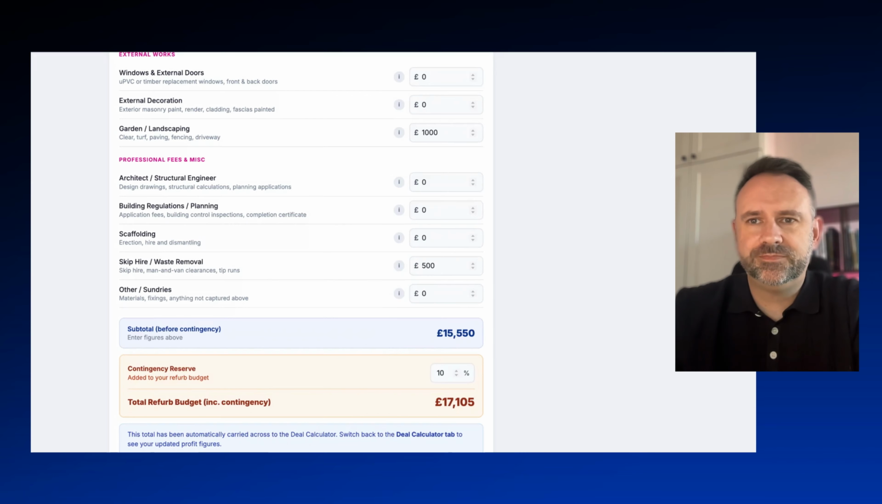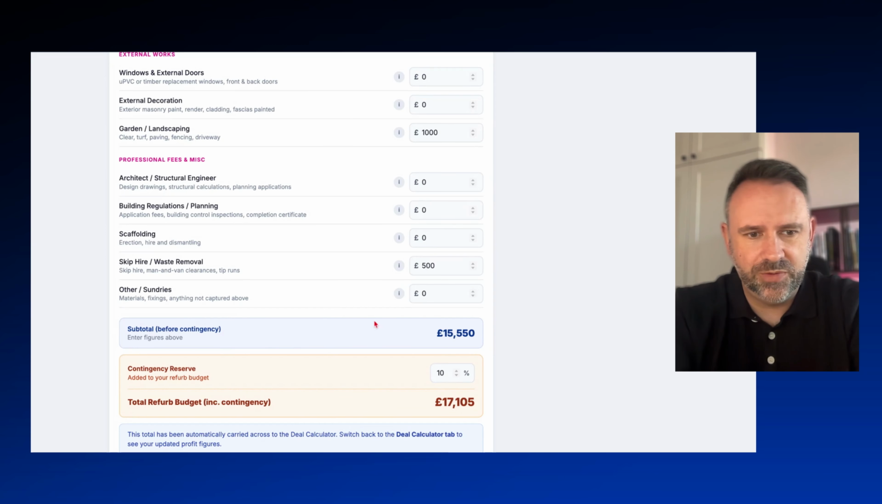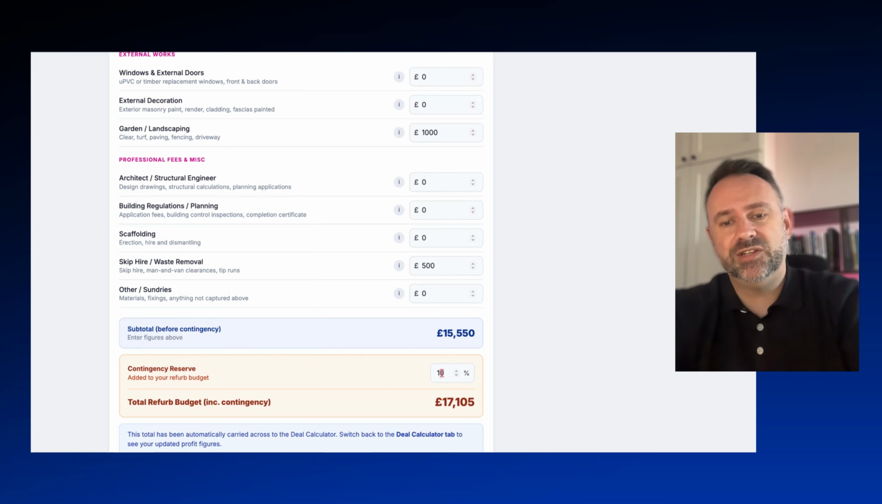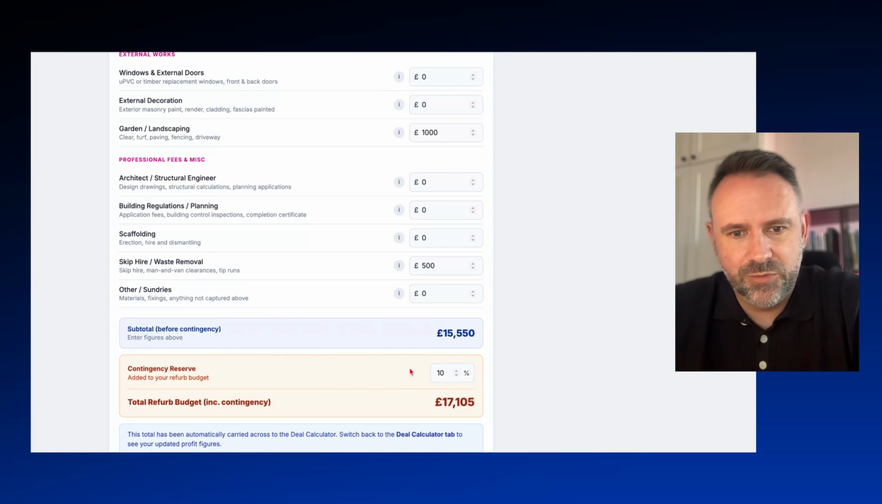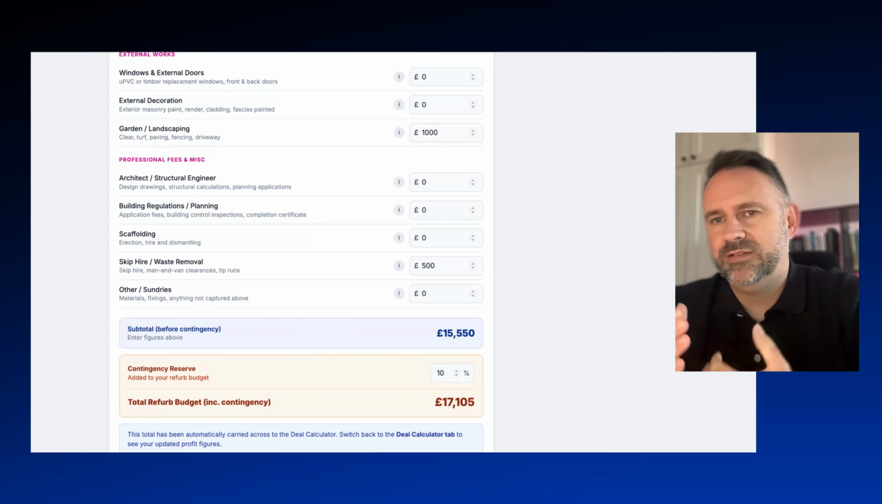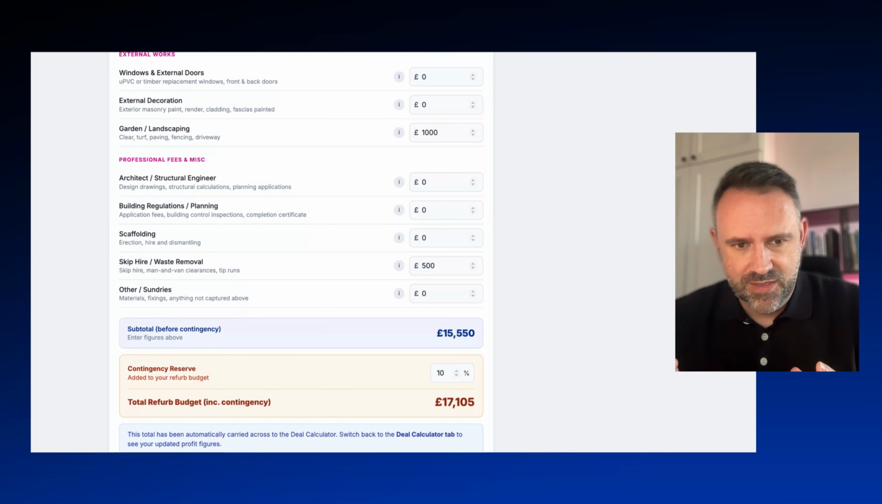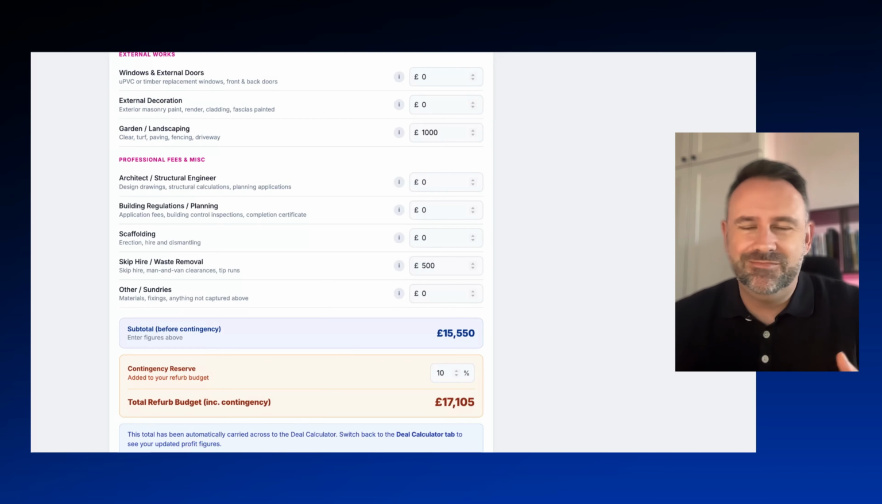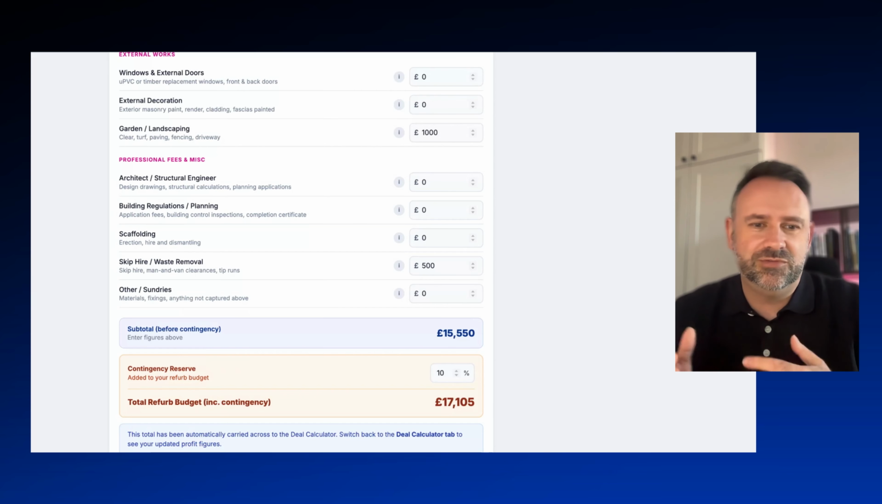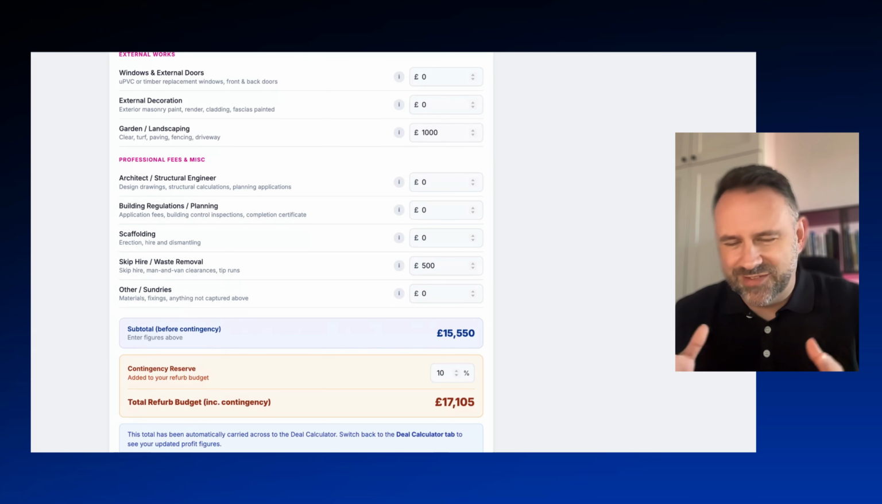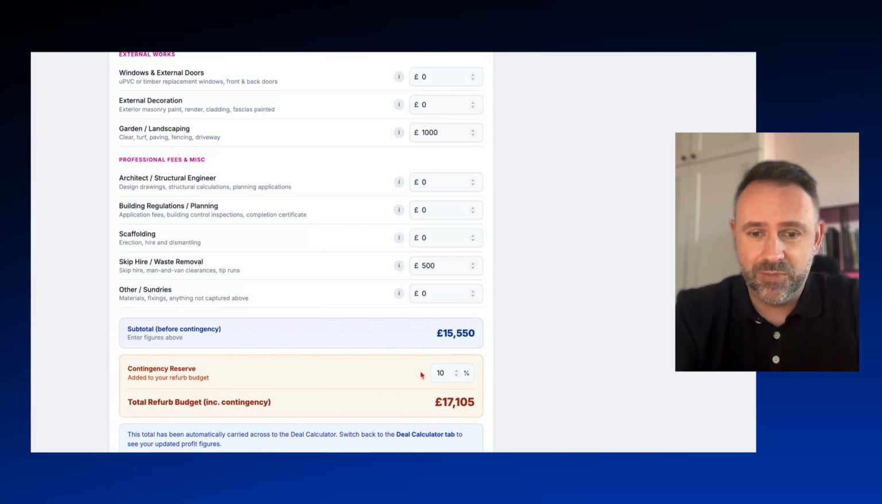So we've got a refurb now, subtotal before the contingency. We've got refurb cost of 15,550, 10% contingency. Now, contingencies typically with flips depends on the condition of the property. If it's an absolute wreck, and you know you're going to be knocking the property back to brick, 15% contingency all day long, maybe even a little bit more. But for this, it's light decoration. There's nothing major, nothing massively concerning with the images. At this stage, I would be happy with a 10% contingency,